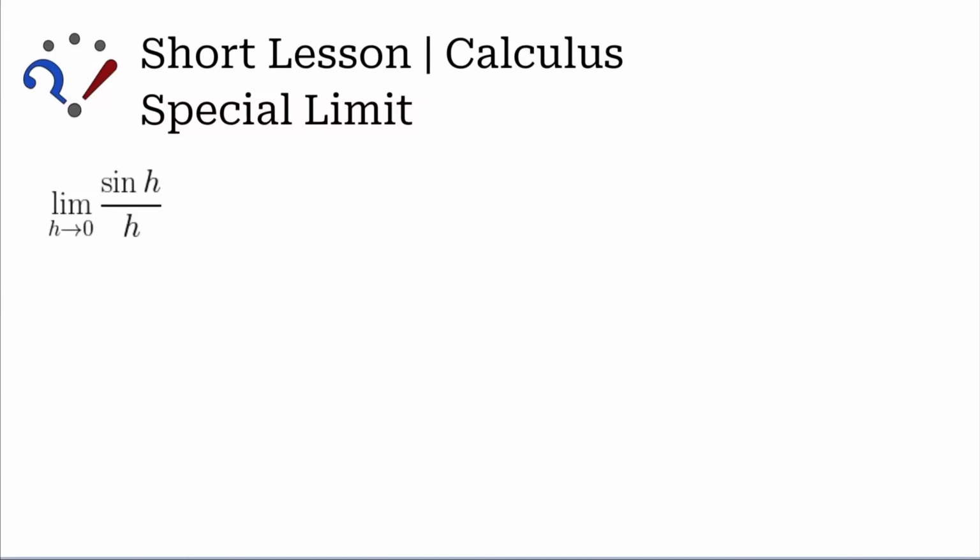A short lesson on calculus. We'll be dealing with a special limit. In this case, it is the limit of sine of h over h as h goes to 0. The quick answer to this is that it is equal to 1. I'll be talking about two different ways in which we could try to understand why that must be